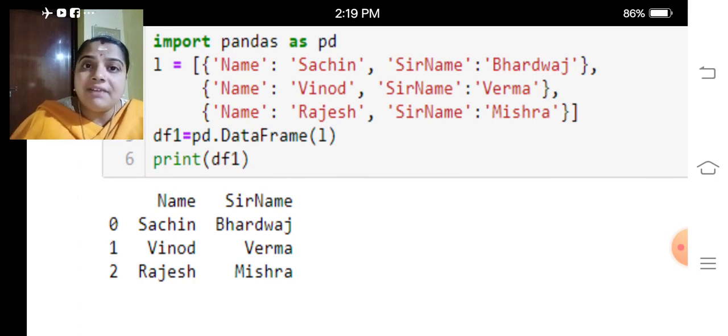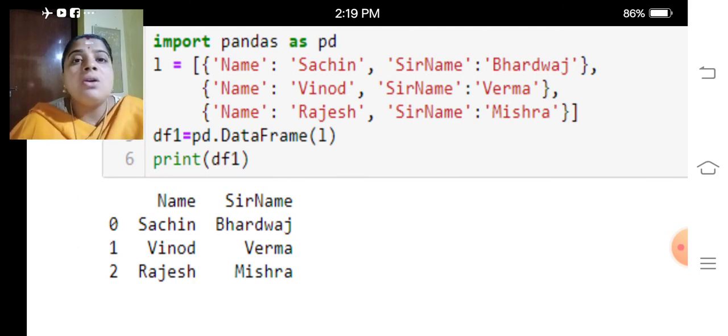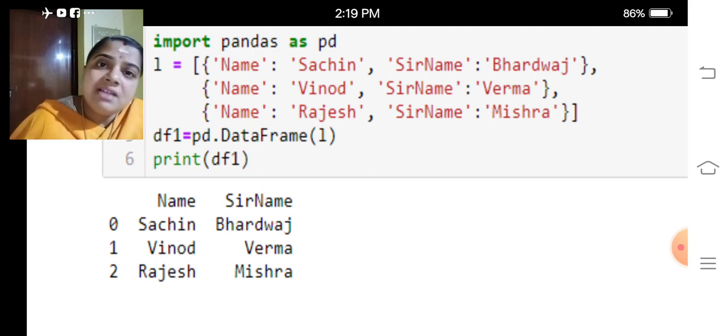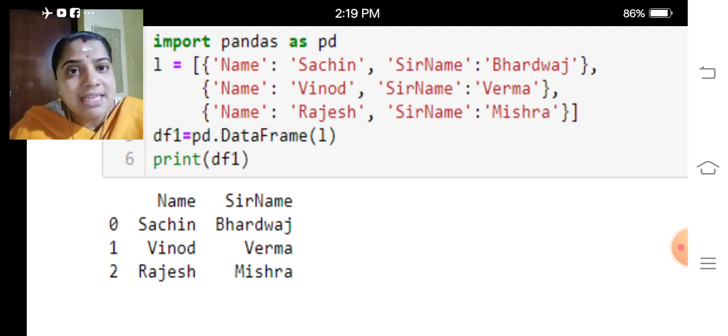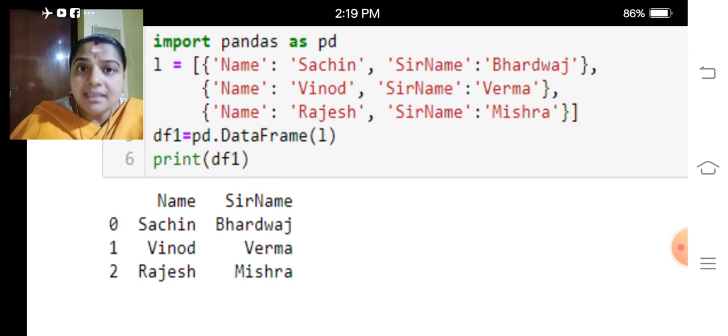So the data frame takes keys as column names, and the values which are given along with the keys are considered to be the row values.